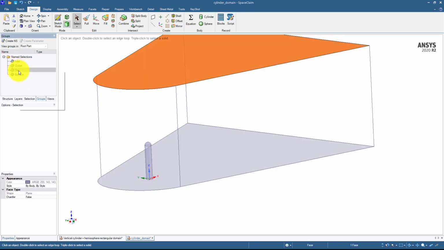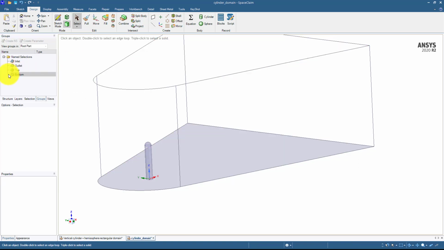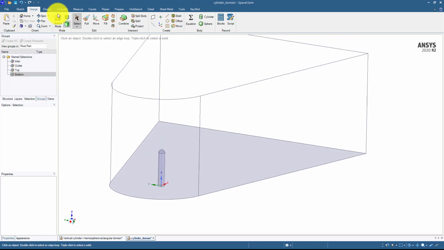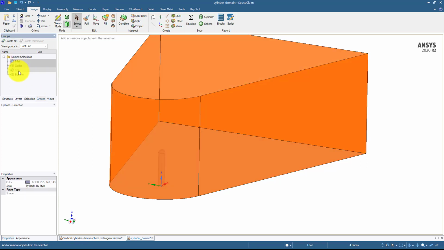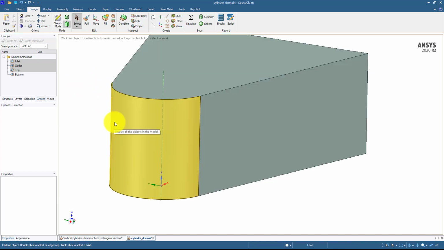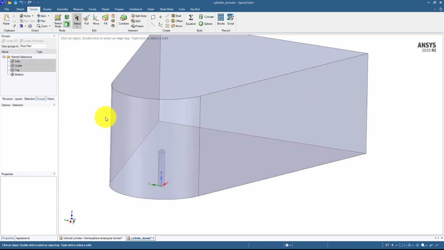Then similarly for the top and hide, and this will go on up to the bottom. Now if we display all these boundaries, we can say show all, but hide all suppressed.